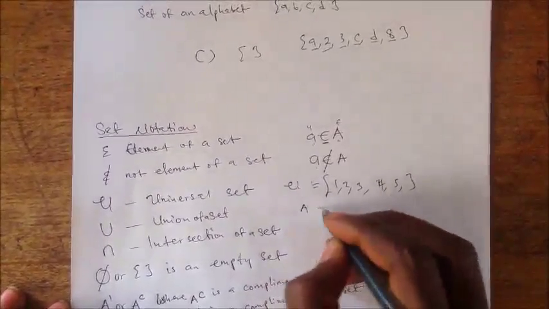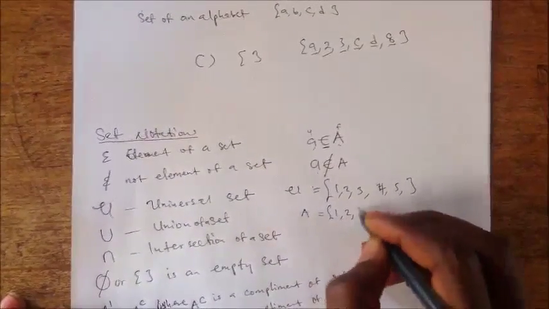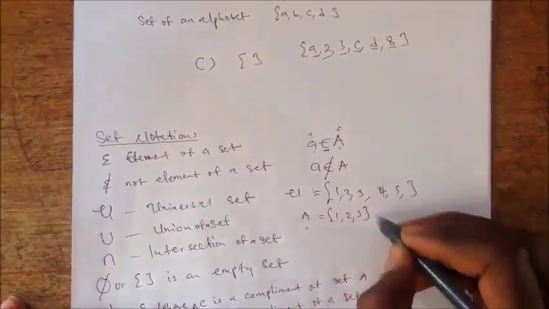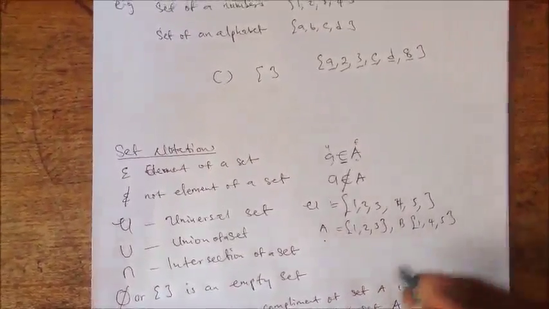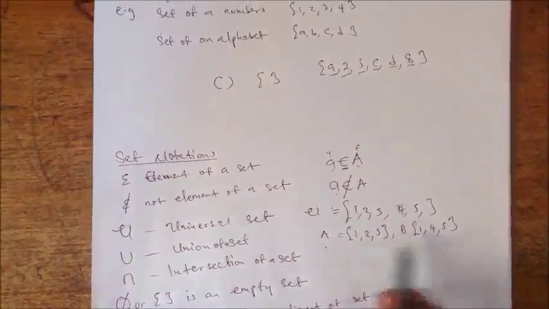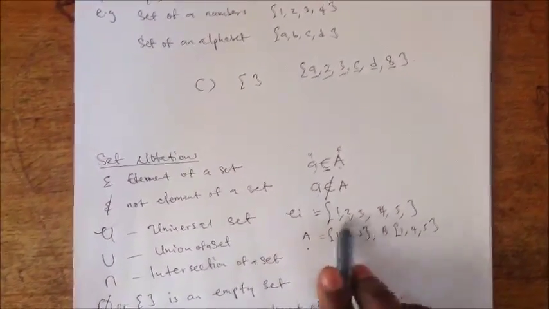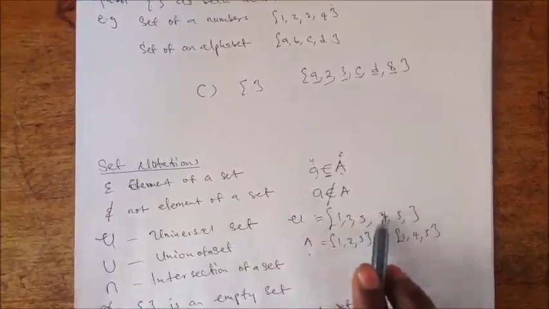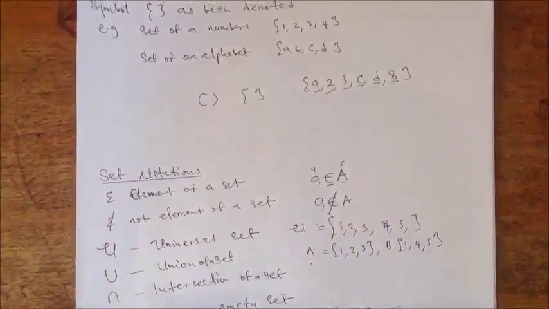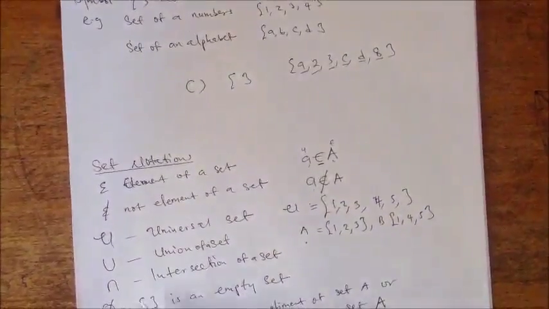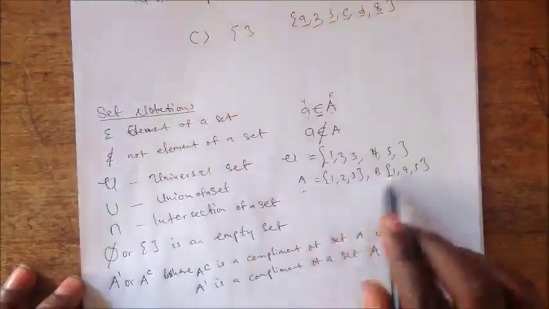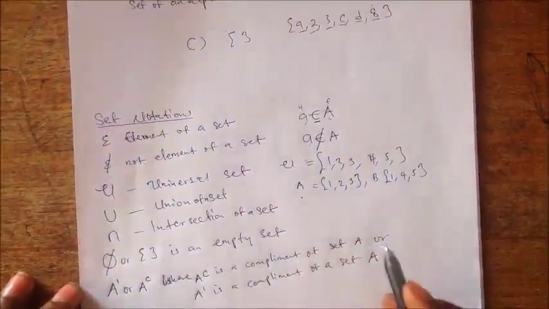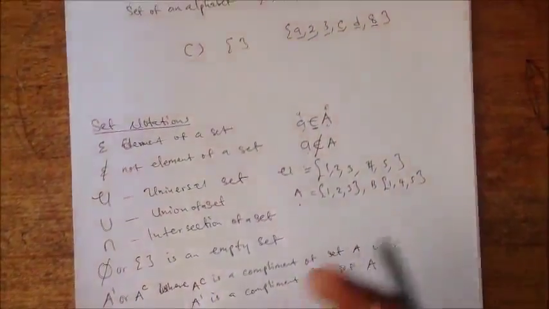Maybe I have a set like this, 1, 2, 3. Maybe I have B, 1, 4, 5. So you see, these are sets, but this is the universal set. I hope you understand. Then let's talk about the next symbol, which is the union of sets. Union of the sets, let's take these two examples. It is the collection of a